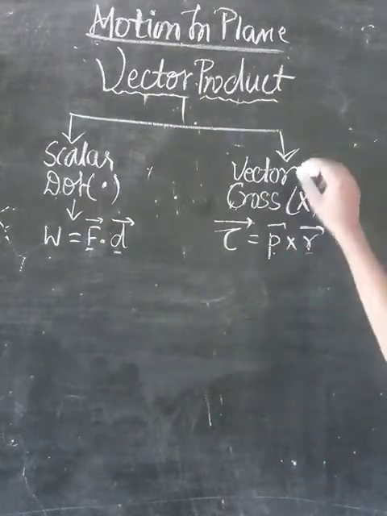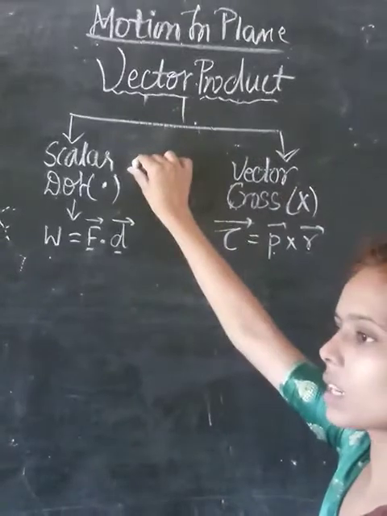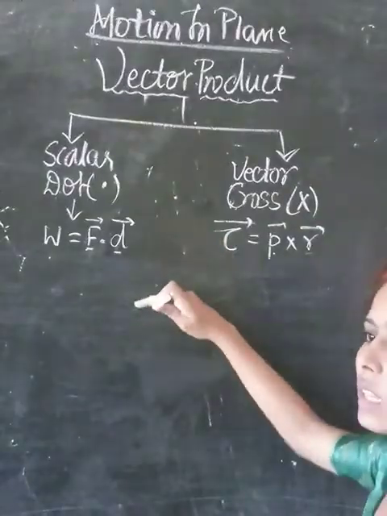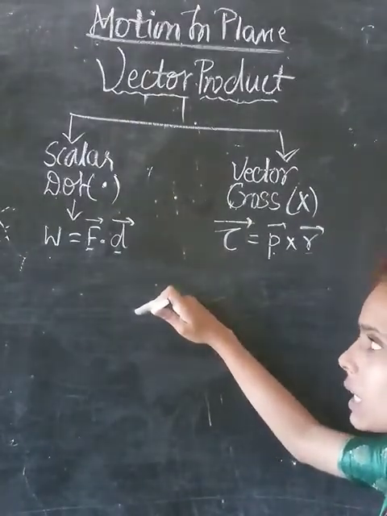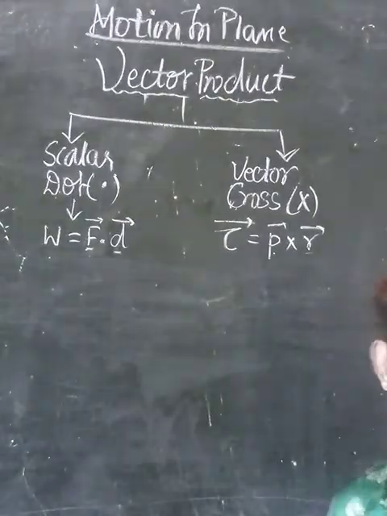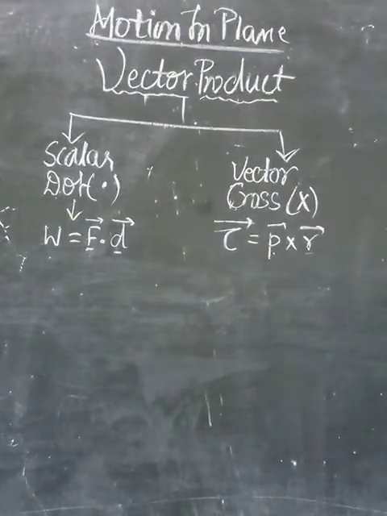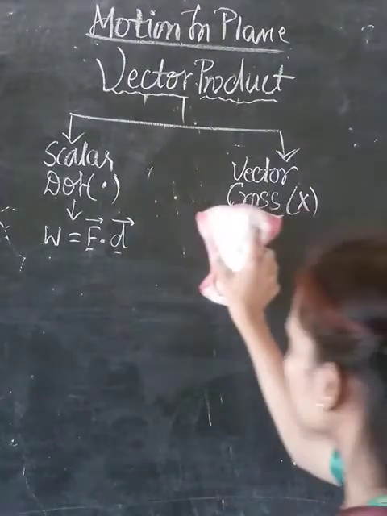So this is named a vector product, and this is named a scalar product, because when the product is given, it is of the vector as well as the scalar quantity. Now just see the examples of how these questions are solved for the dot product and for the cross product.